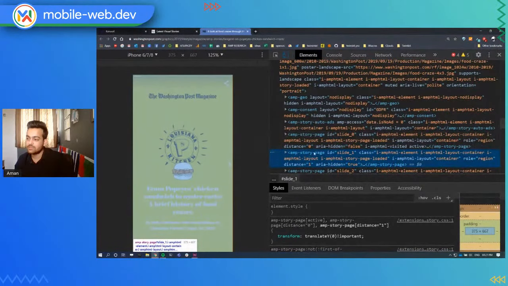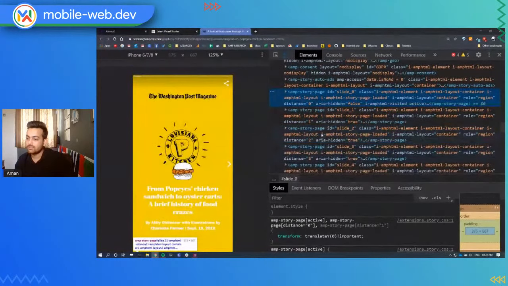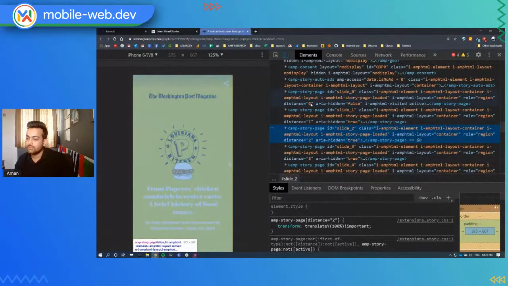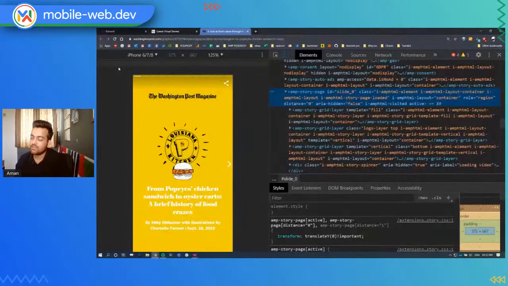Again, the second story page is on the second level, so this won't get highlighted, and so on. Let's go a little deeper and see the code inside it. By the way, I'm using just normal Google Chrome, and I have used the inspect element mode in which I have set the device to responsive so that I can see the story and the code of the story at the same time.